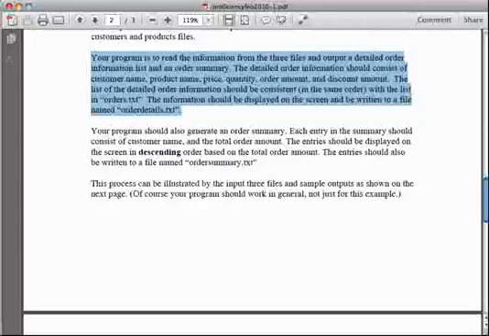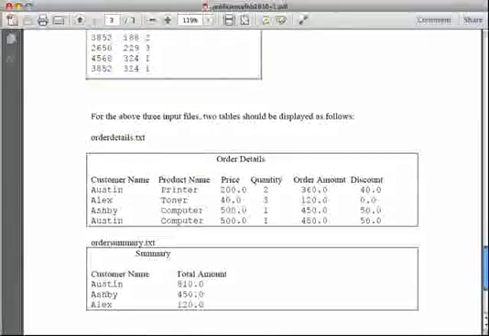If you look at this, this is essentially trying to relate the information in the orders with the customers and the products. If you look at the sample output, based on the customer's ID, we try to get the customer's name. Based on the product ID, we try to get the product's name. And we are going to get the product's price. And the quantity will be copied here. And we try to get the discount based on the customer's information. So what we are going to do is we try to get